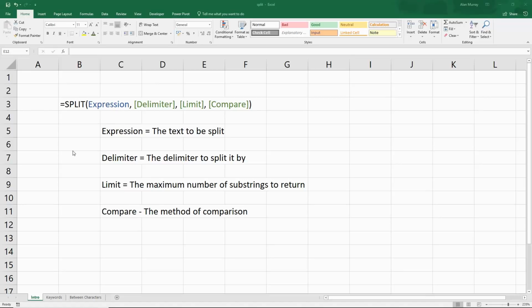And in this video, we're going to see two examples of why the split function might be beneficial to you and why you might have a use for it. The expression is the text to split. The delimiter is the delimiter to specify. It is optional. If you do not specify one, it will use a space, which is what I'll be demonstrating